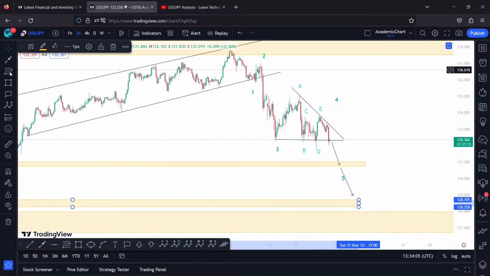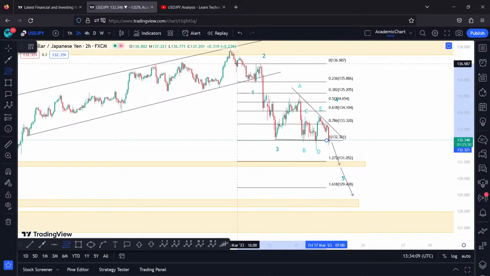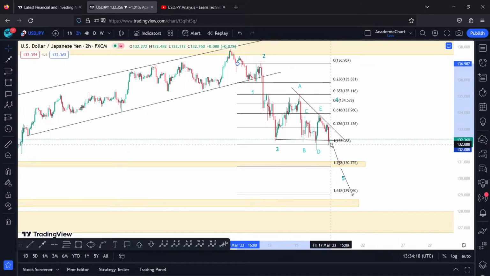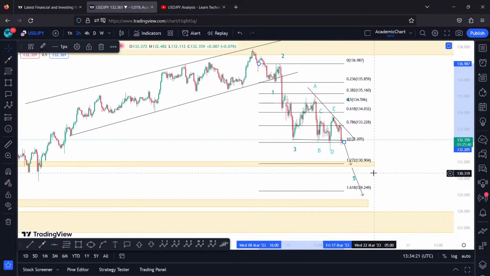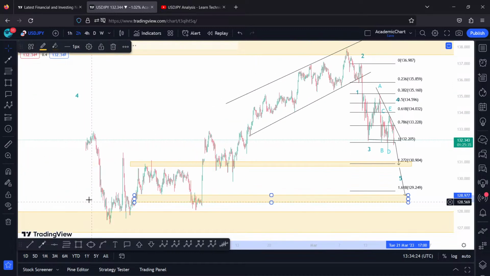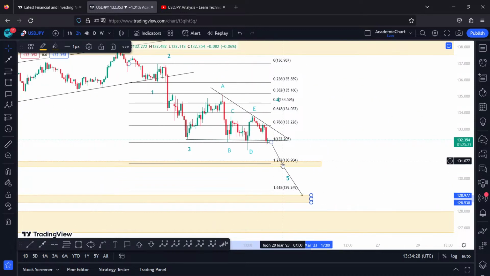Also, we can utilize this Fibonacci extension, which is the reverse of this retracement tool, and we can see how it has been almost sitting on these levels. Maybe I can adjust this a little bit to the top as well, because it has got much closer to these points. Now we can see that the first target and the first critical support zone is 125 to 27 percentage, and